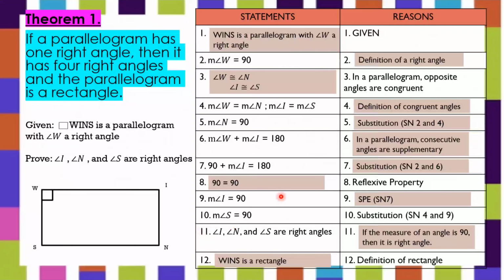Okay? So, this is the proof of theorem number 1. Ibig sabihin, pwede na natin gamitin tong theorem na to in proving other theorems. Okay? Since na-prove na natin. Let's have theorem number